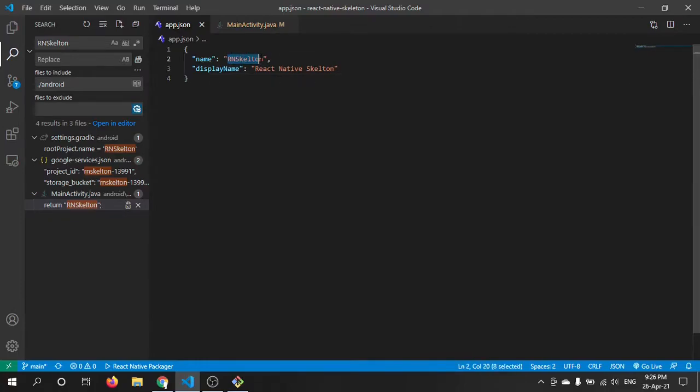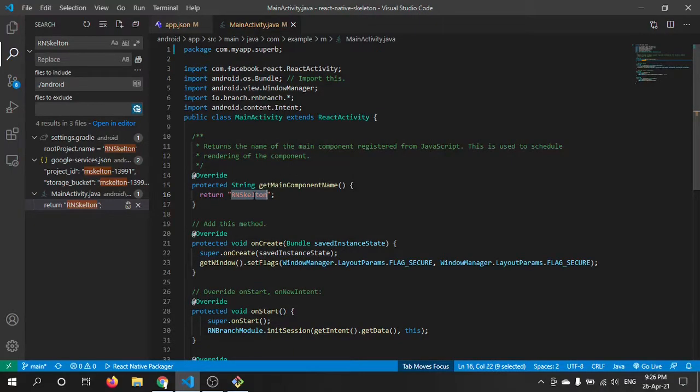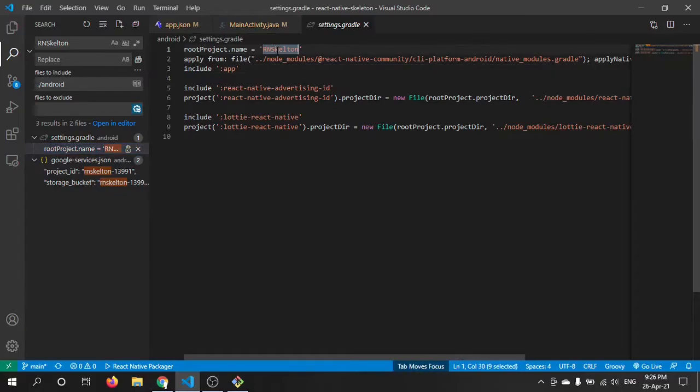In my case, I will name it superb app. I can also change this text. Now I will use this name in my MainActivity.java file, and I will use this in settings.gradle as well.